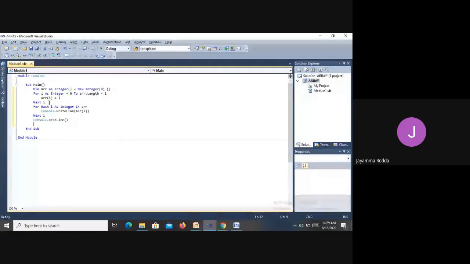Okay. Now here what am I doing? Array of I is equal to I, the assignment. So array of I is nothing but the first element. Let me just explain it here.